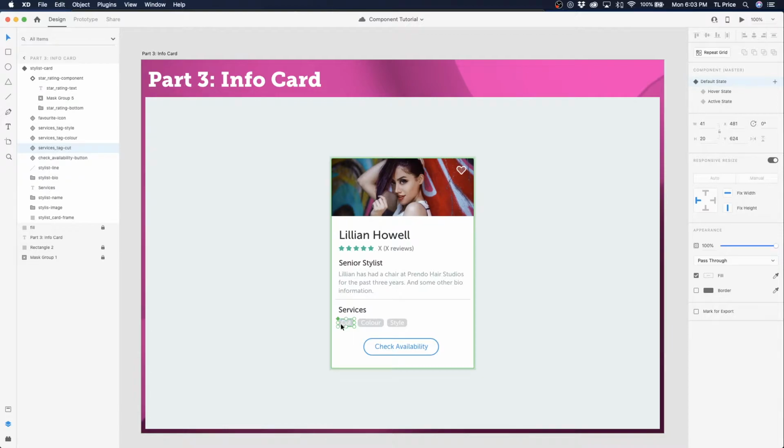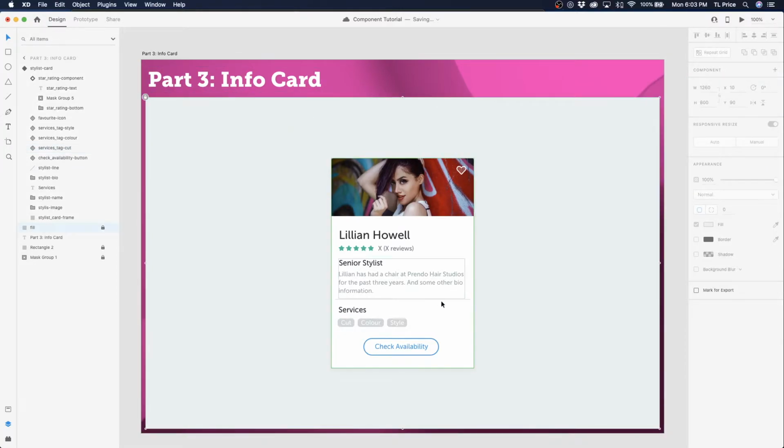So let's have a look here. We have a couple of things going on. We have the default state, which is this little gray tag, the hover state, which is a darker gray, and then an active state, still gray. We have a theme here, but just a little lighter than the hover. And what happens is, if we go to preview,